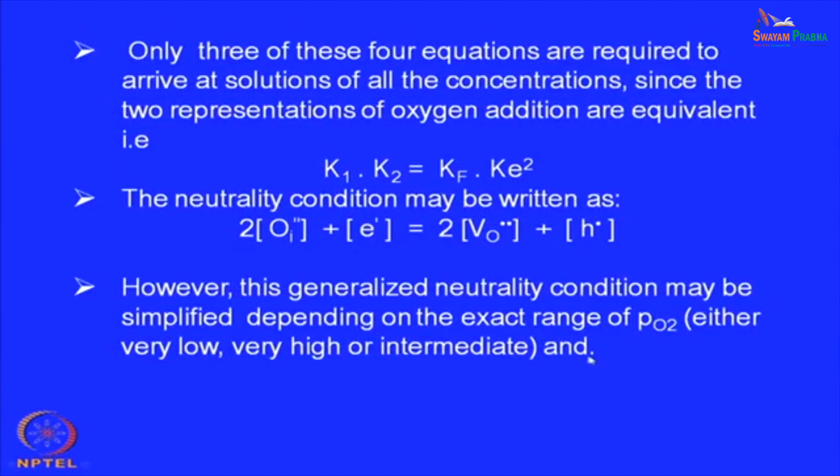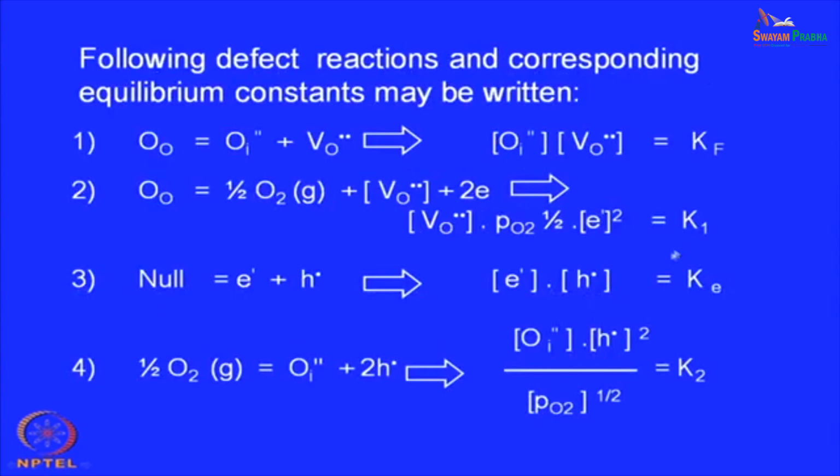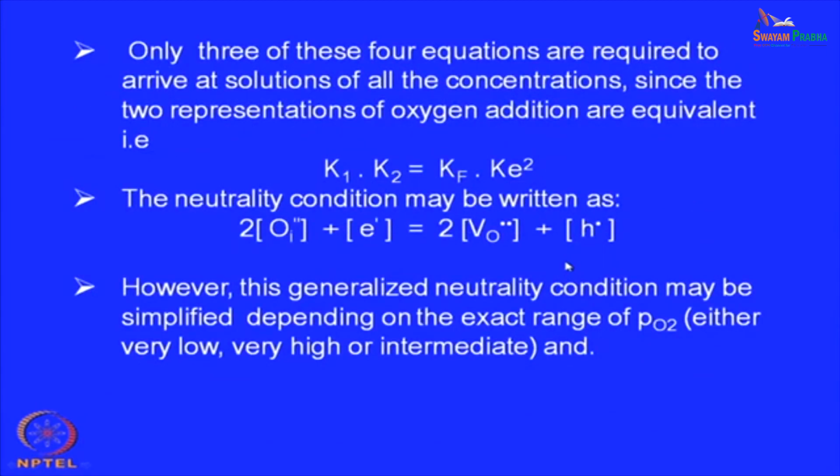Okay, because you can see from here this equation K1 K2, PO2 is basically cancelling out, and the square of this is there, and the oxygen vacancy and oxygen interstitials are there, and then this and this is also there. So, you will find K1 K2 multiplication is actually Ke into the square of this. Okay. So, that is why this has been written like that,